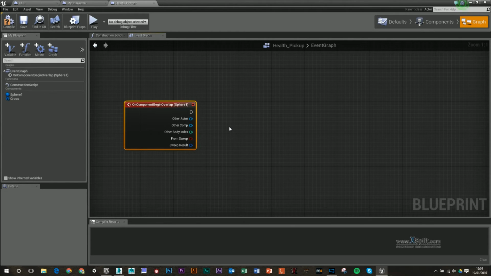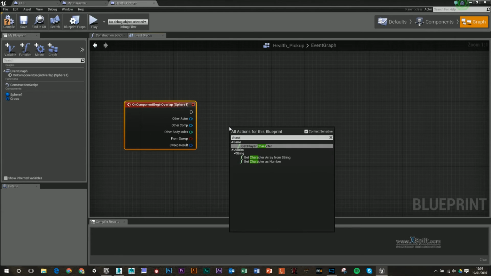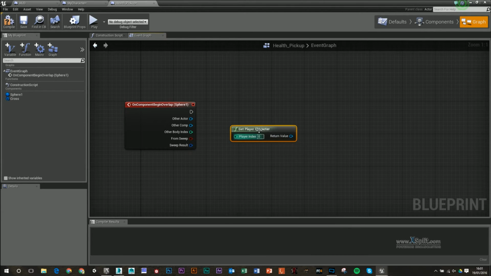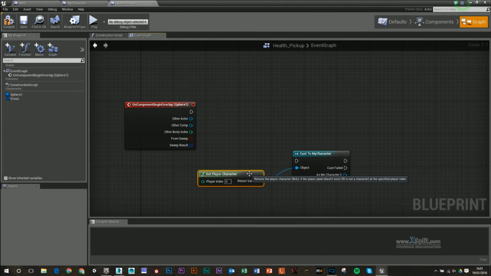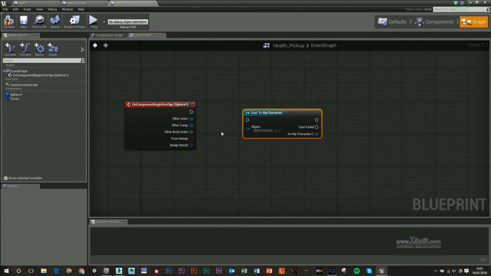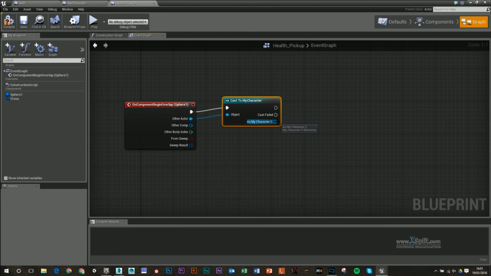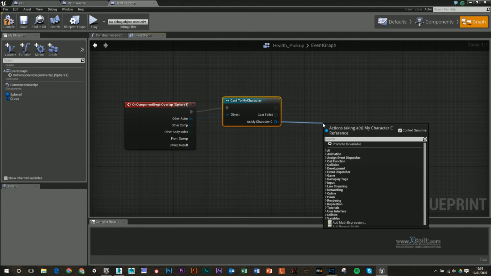Now to get that again, I'm going to have to right click here and type in character, get player character, pull off from this cast to my character, and then I can delete this get player character. So this is going to plug in here, other actor is going to plug in here, and what we're going to do is, as my character, I'm going to call the function health